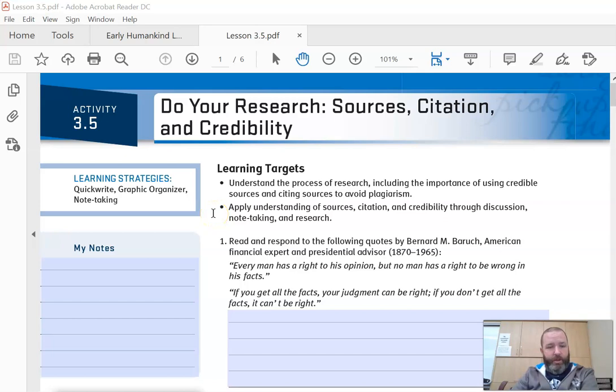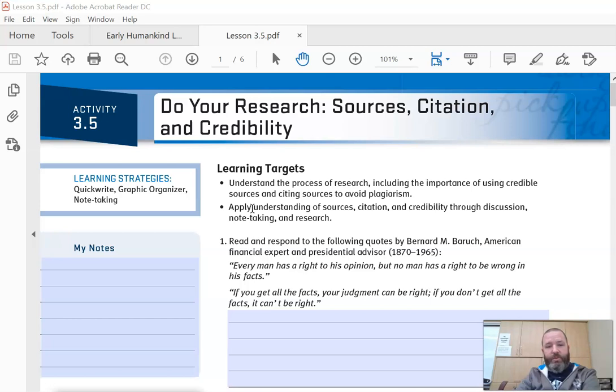All right, today we'll be working on activity 3.5, which is entitled Do Your Research, Sources, Citation, and Credibility. So we're going to be discussing those three words, what they mean. We've already talked about them a little bit, so it should be a review for some of it and also some new information. Our learning targets for today: understand the process of research, including the importance of using credible sources